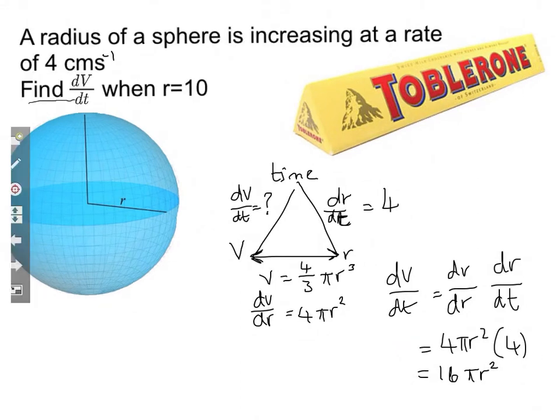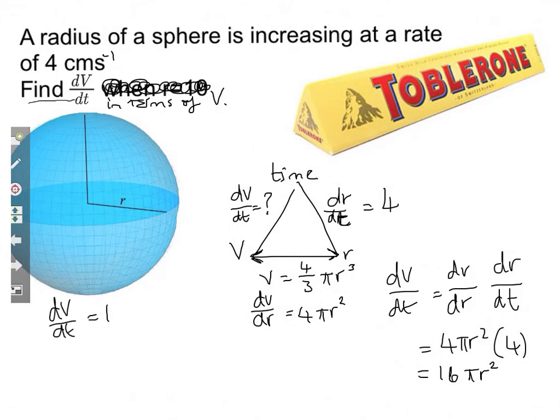What if I now change the question slightly? What I'm going to do is take out when r is 10. You're probably thinking, well, that just makes it easier, I don't have to stick the 10 in. And I'm going to change it to in terms of v. Okay, now let's have a look at what we've got. We've got dV by dt